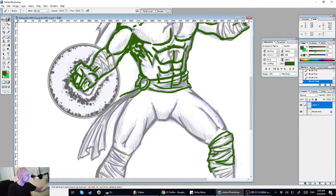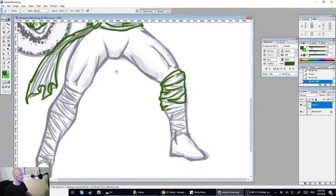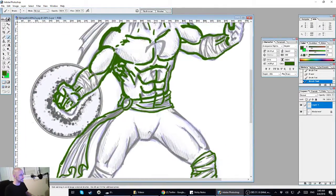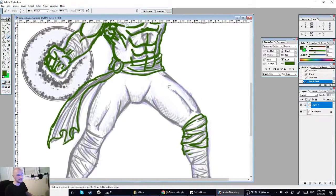Very nice attention to detail here, but again, if you're going to have those sort of details, you might as well really play it up and make it a little more exciting, a little more pizzazz. And then the last important thing for this